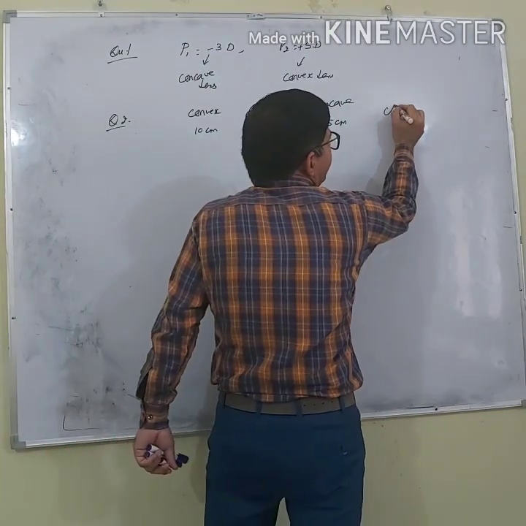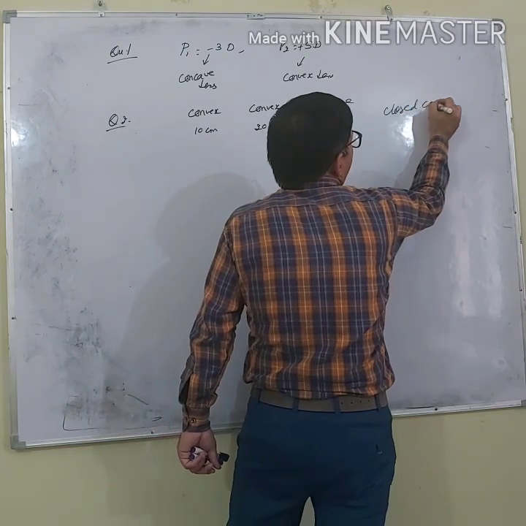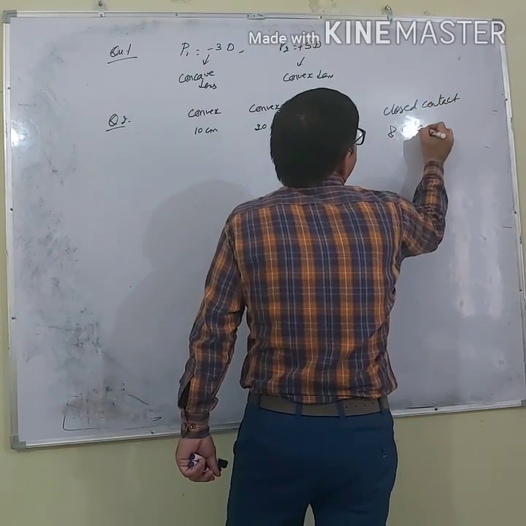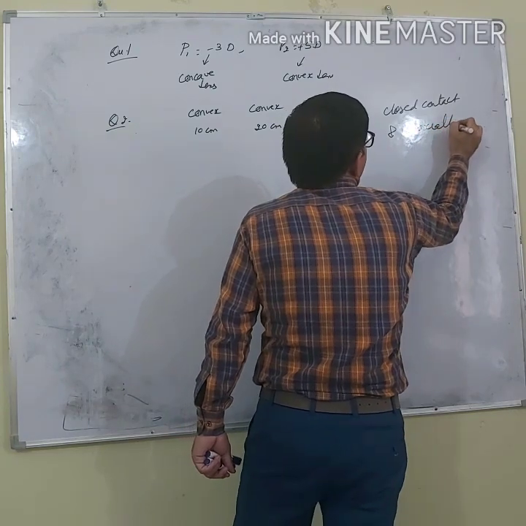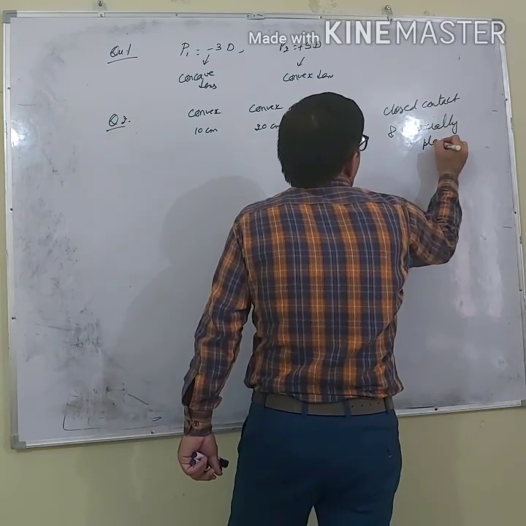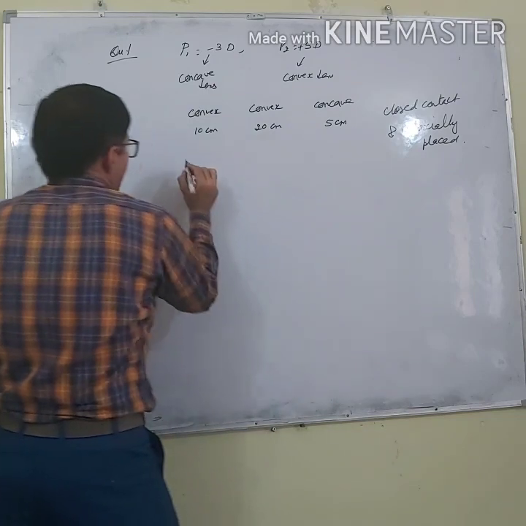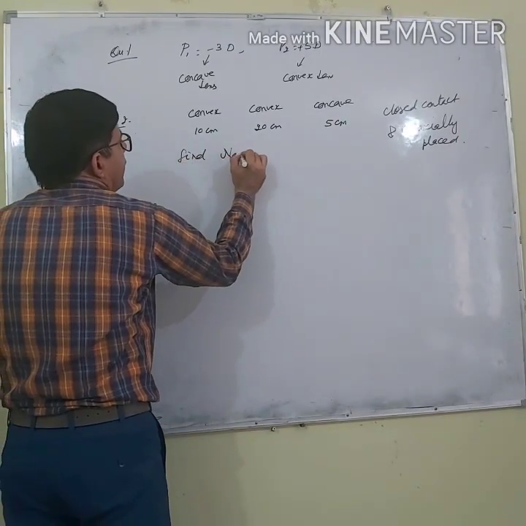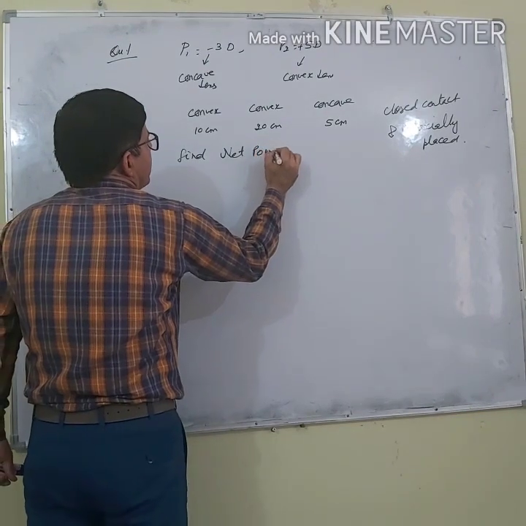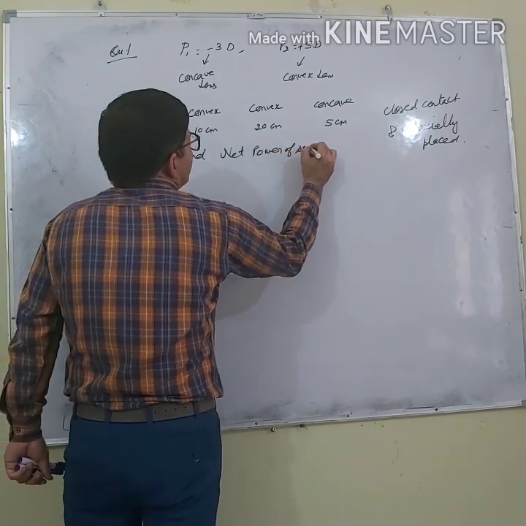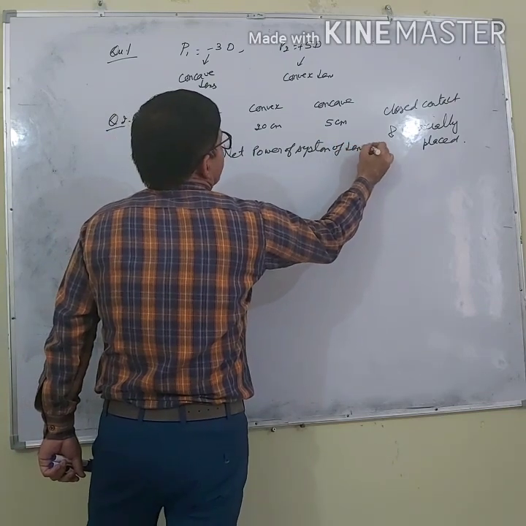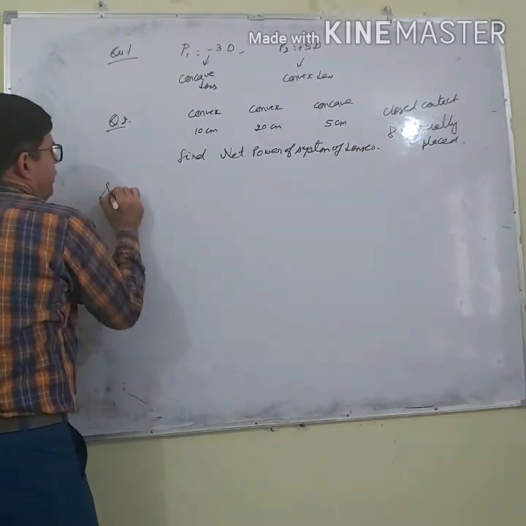And these lenses are in close contact and coaxially placed. Find the net power of the system of lenses. Solution is,